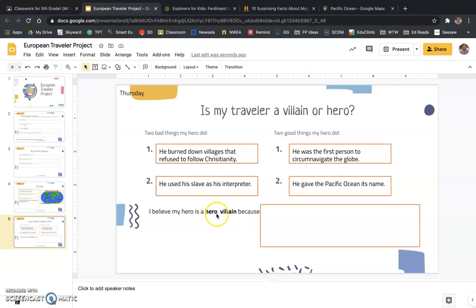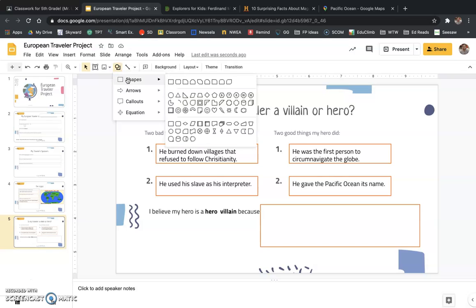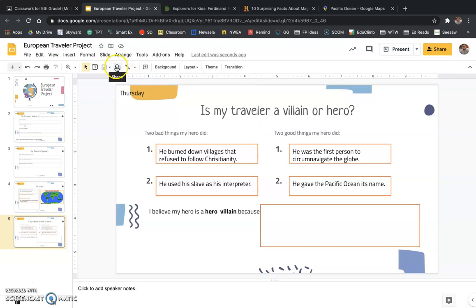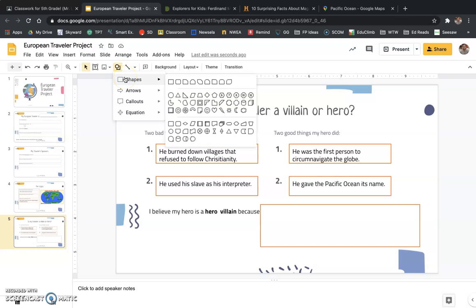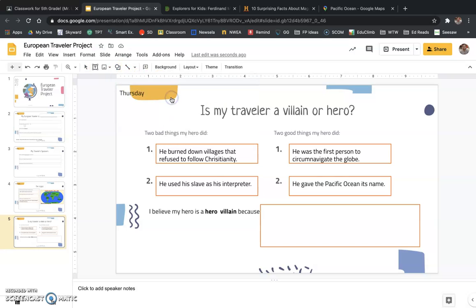To circle one of these two here, hero or villain, you're going to go up here to shapes. So I click on this little button here that says shape. Click on it. I put my cursor over the shapes button. I'll put a circle. Circle whichever one you think. If you think hero, you'll circle the hero word, or villain, circle the villain word. Okay. If you don't like that this is not see-through, if this is selected and there's these squares around it, you can go up here to fill color, transparent, and there it is. Okay. There's your circle. So you can choose either hero or a villain, and then you're going to tell me